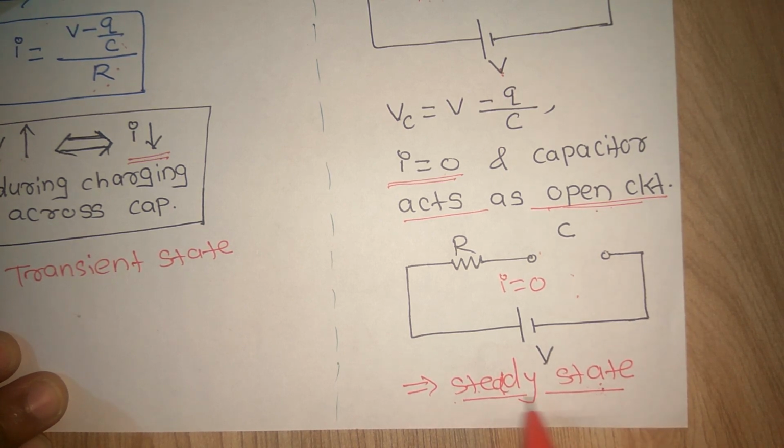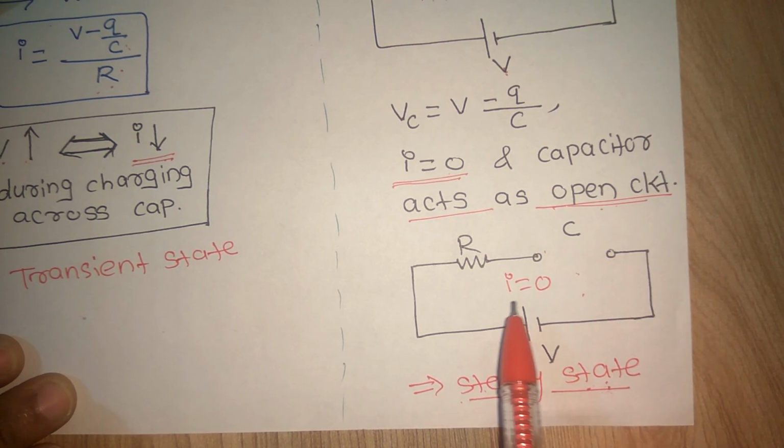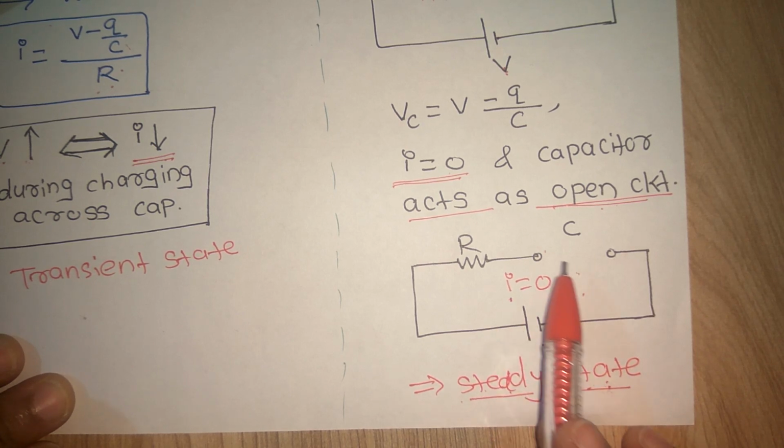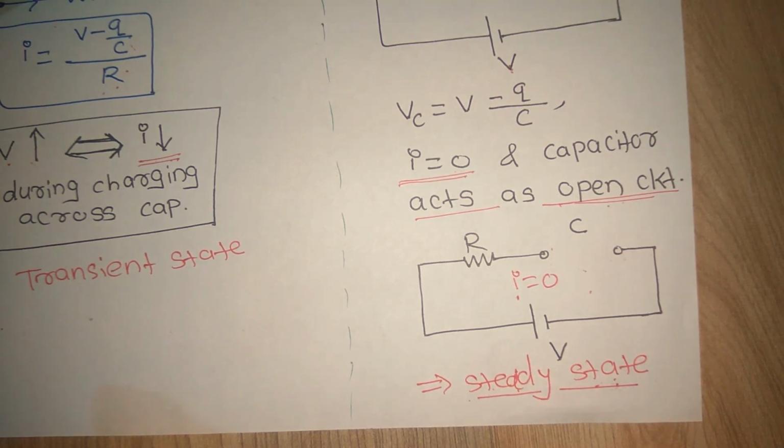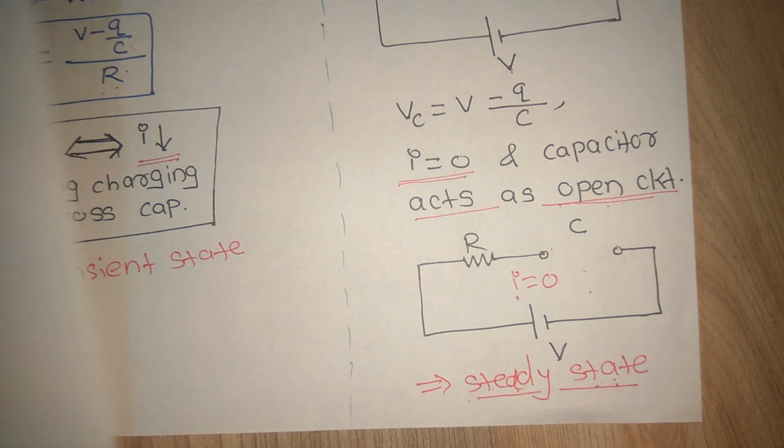So you have to remember, in the steady state, the current through the capacitor is 0 and the capacitor acts as an open circuit. Initially, when the capacitor is just connected to the external battery, at time t equal to 0, the capacitor acts as a closed switch or short circuit. Now by taking the